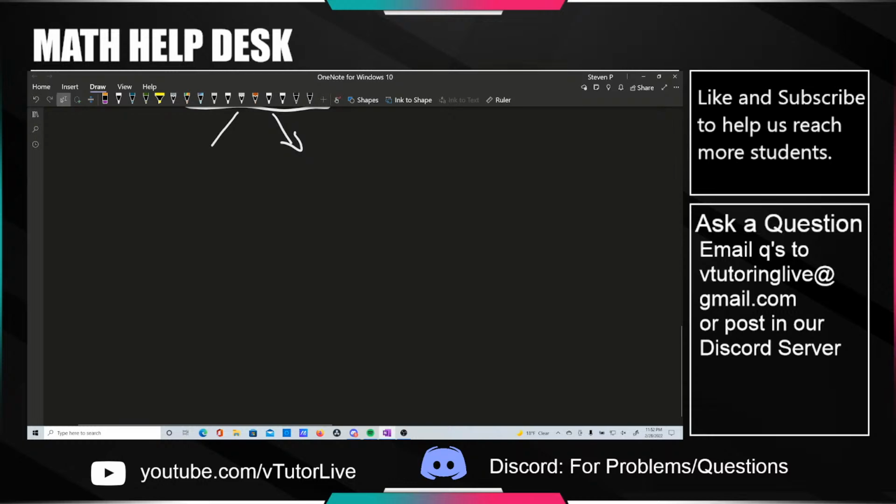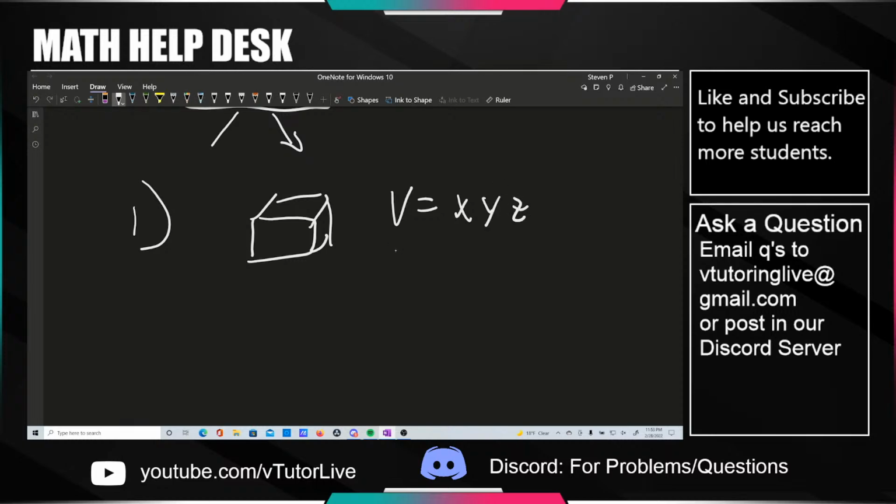Okay, so let's take a crack at some problems, yeah? And I think one of the problems here, I won't solve it all the way through, but we're talking about a rectangular box, with the volume equal to x times y times z. And the length is,